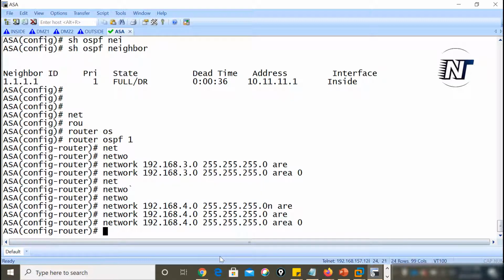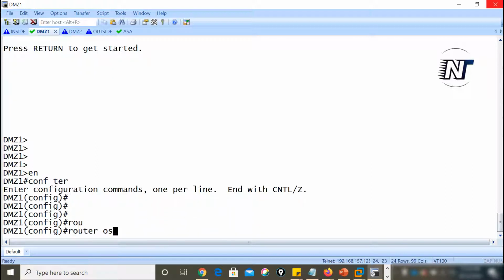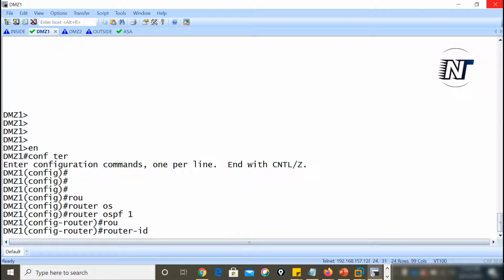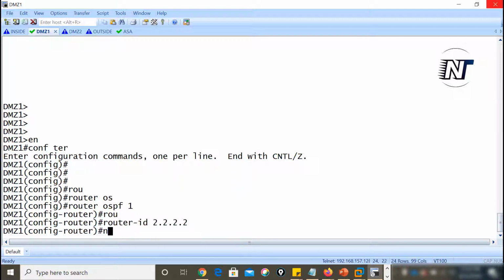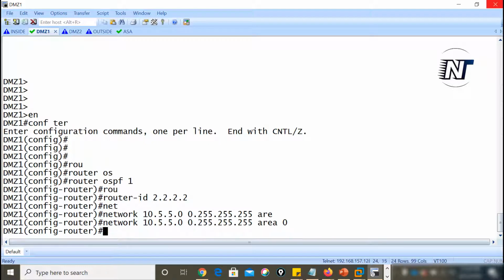Next we'll go to DMZ1 and DMZ2 and apply OSPF over there. Enable, configure terminal, router OSPF 1, router ID 2.2.2.2, network 10.5.5.0 inverse mask 0.255.255.255, area 0.